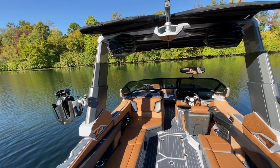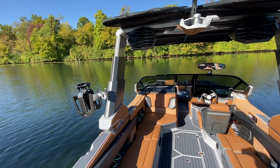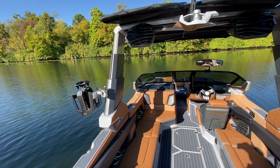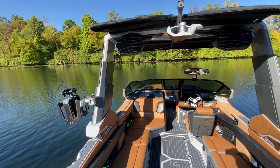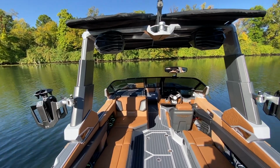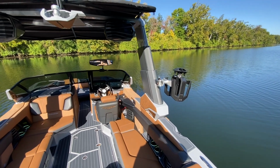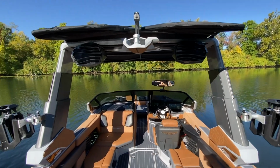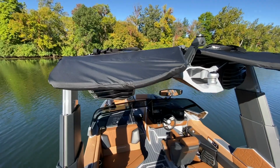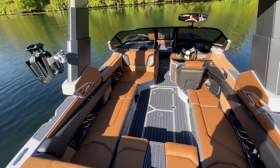Telescoping tower. Well, we'll just start out with the theme on this one. The primary color on the tower is anthracite, and the secondary color is haze gray. So it has haze gray tops and feet, with the primary being the anthracite of the main legs. Spinner board racks, bimini top with surf pockets on each one, and we'll telescope it here in a second. But as we were talking about colors,